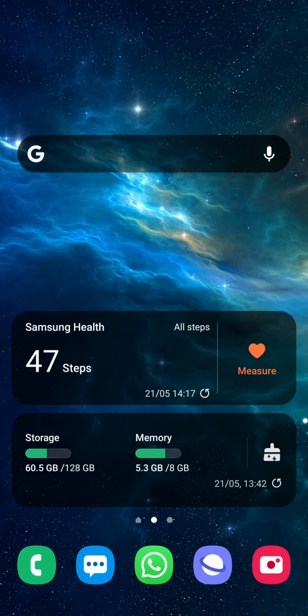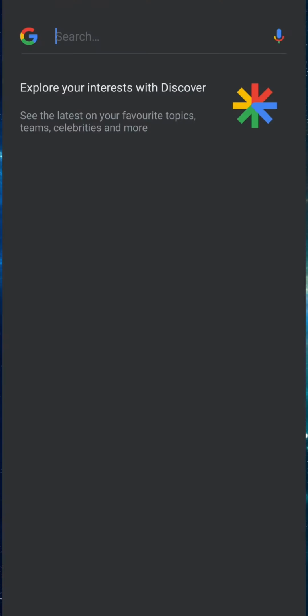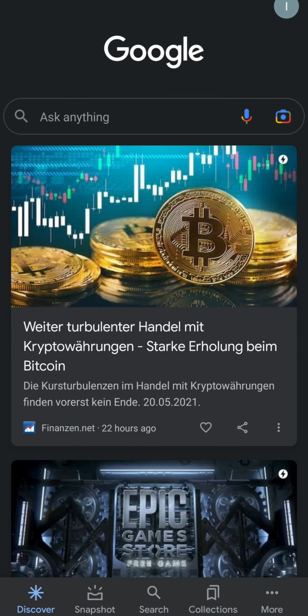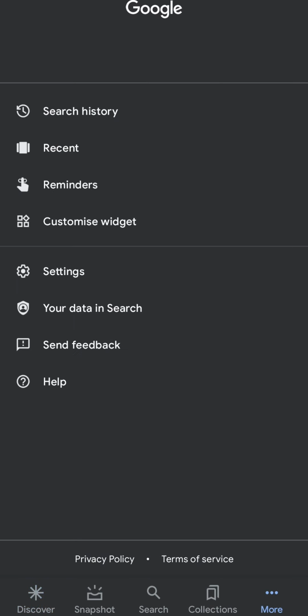What's up guys, in this video I will show you how to customize the Google search widget on Android. First open the widget and then click on the Google icon. Then on the bottom right click on more, and here you can see customize widget. Click on it